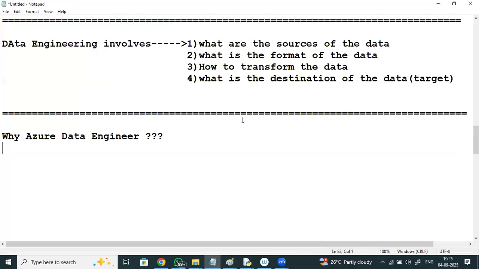Apart from this, if we see the role of an Azure data engineer, the role of an Azure data engineer,